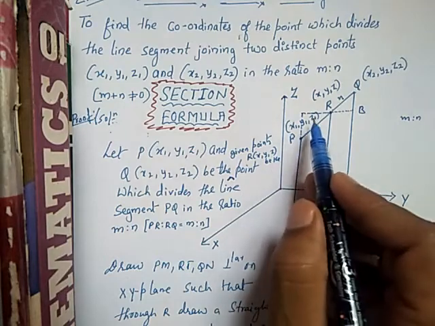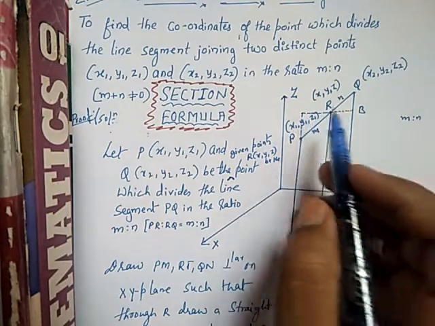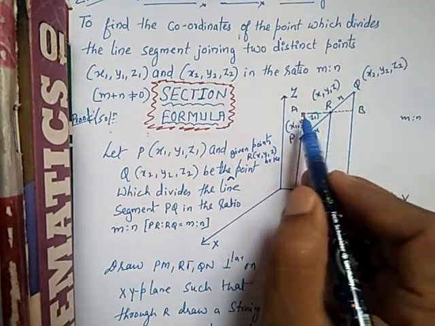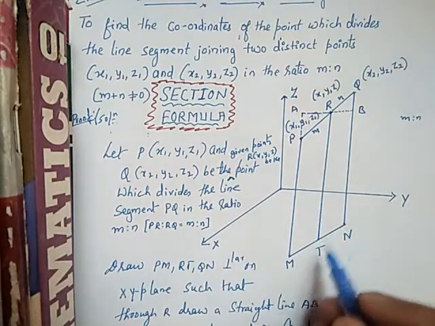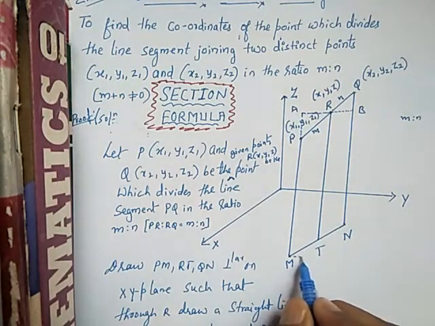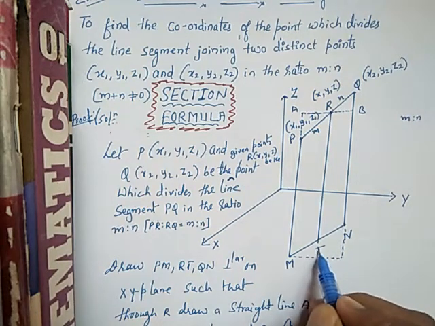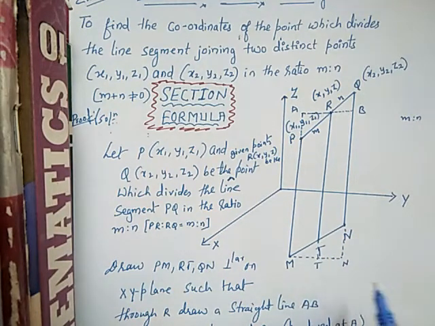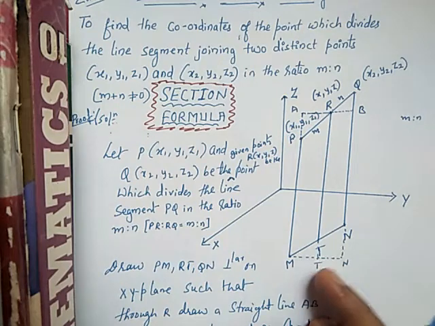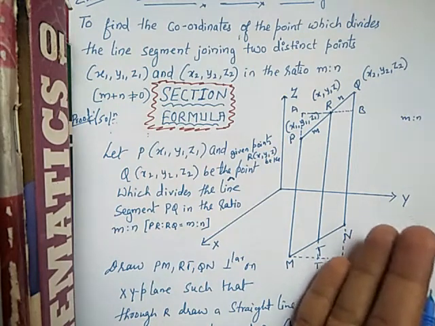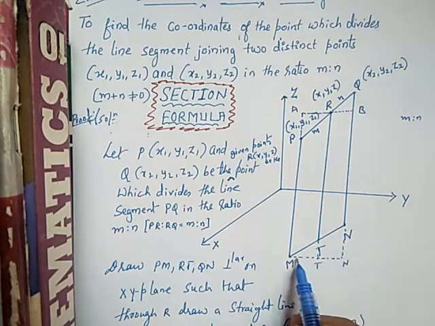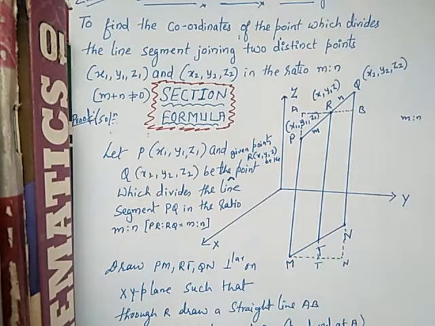So here it is x1 y1 z1 that you got. This point you can consider as A now. This is a straight line, or just a cross arc you can take up to here also, just like this. This is also T, this is nothing but N also you can take. In a plane it is straight only, but in the figure it will look like a cross. Okay, for your understanding I have drawn a dotted line up to here.